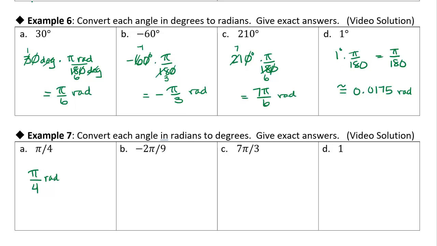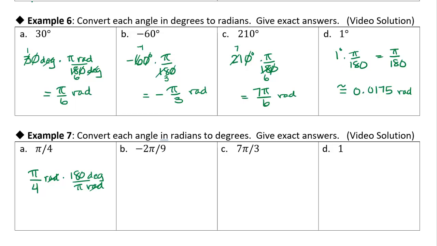And so on this first one, we'll look at the unit analysis. Now the conversion factor is 180 over pi. But remember, we're converting radians to degrees, so what we want in the end is degrees. That's why I'm going to put 180 degrees per pi radians. And you can see that if I do the unit analysis, the radians will cancel